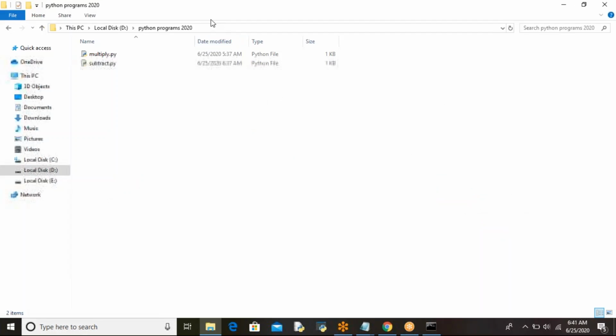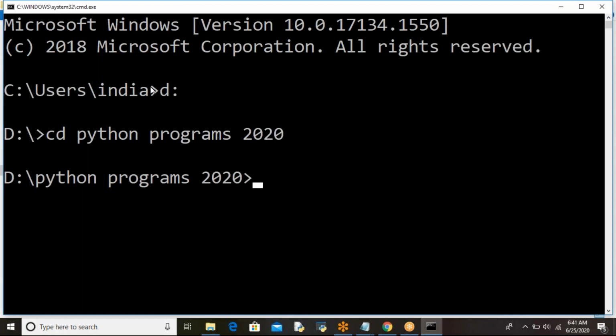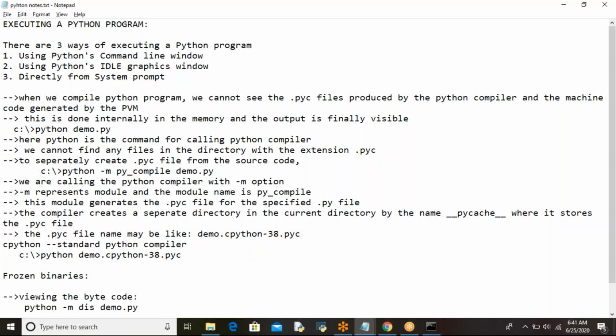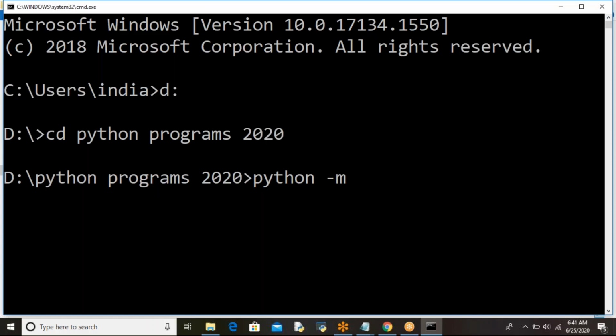Subtract.py. How do we have to give it? python space -m space py_compile, and give the file name. What is the file name? subtract.py. py_compile subtract.py. Got it?